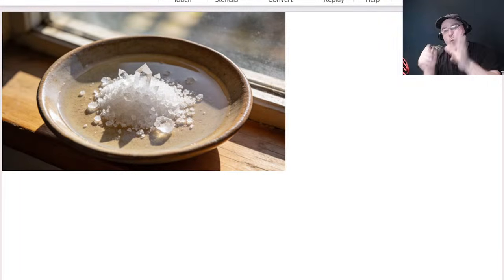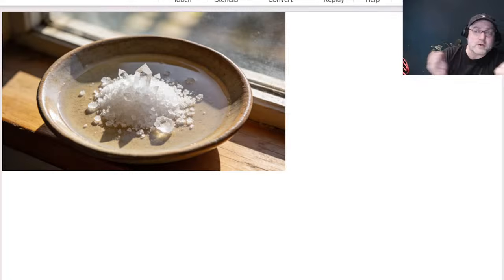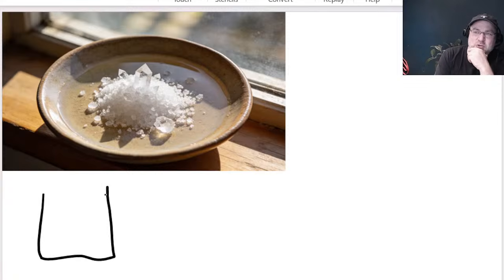So what is this a picture of? This is some salt crystals in a dish by the window because we're doing crystallization. You want it in a cool, dry place. Now, crystallization here, folks. What we're going to do with crystallization is, if you had a solution of sodium chloride, and the question said something like,